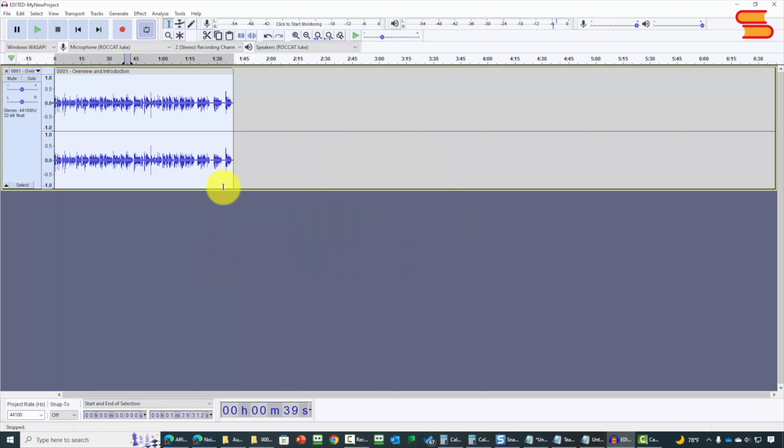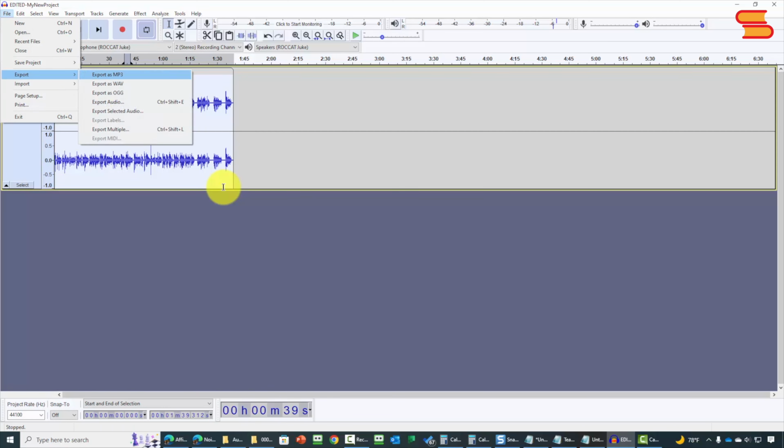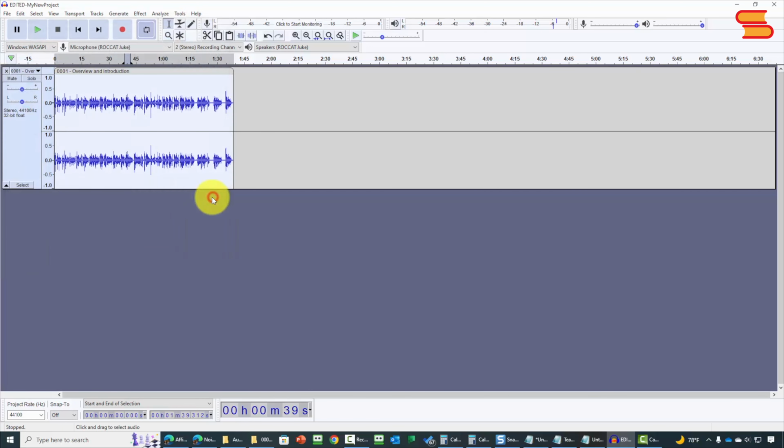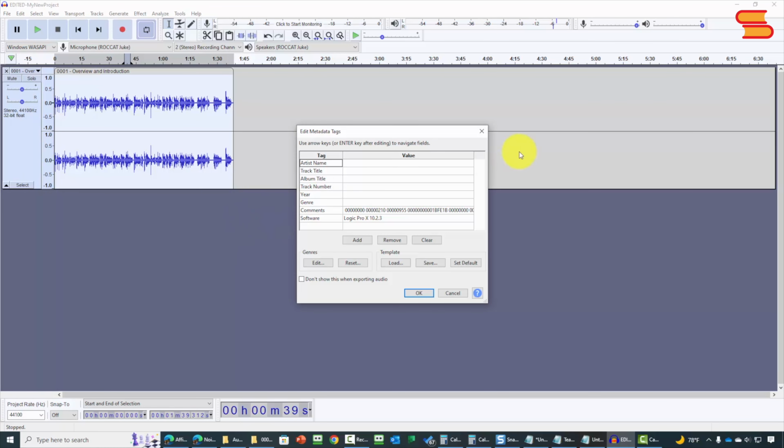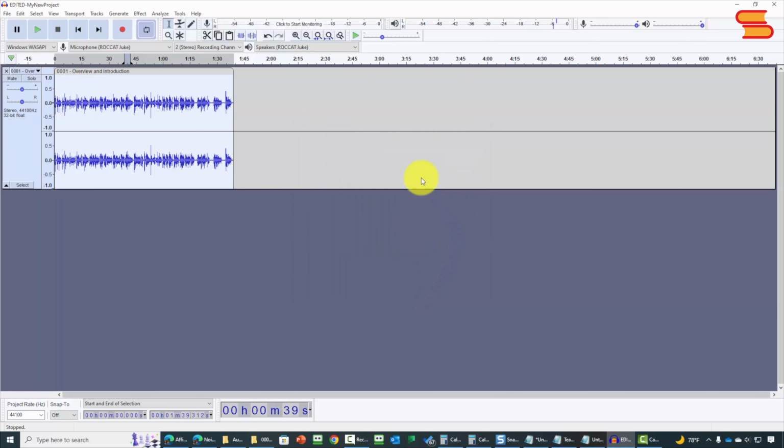In order to export and create the new file, you're then going to go to your file area. You will then go to Export. You will then export in the format that you want it to be. In this case, we're going to select MP3, and we're then going to click Save. Audacity will then show us the metadata, and if we choose not to add metadata, we're then going to click OK. And then Audacity will produce our new file that has been edited with the noise